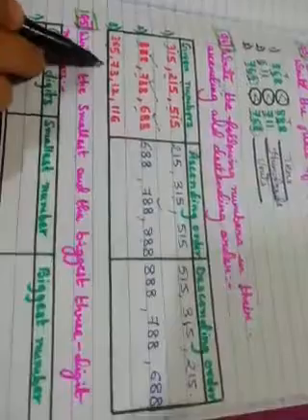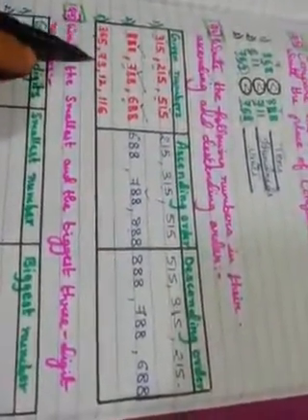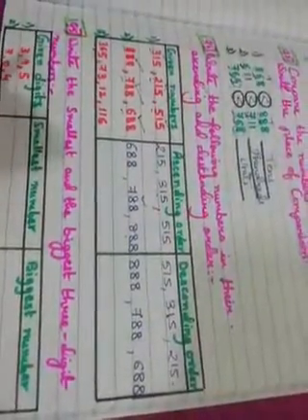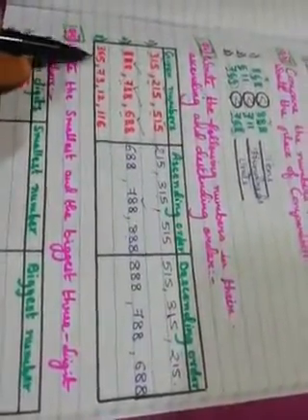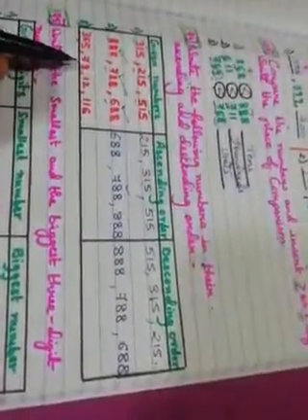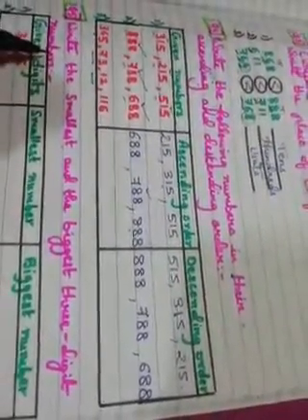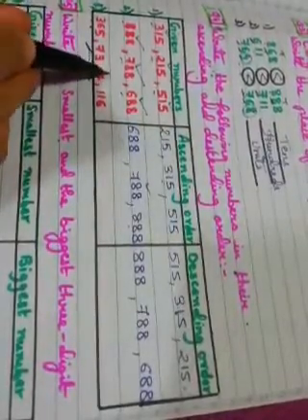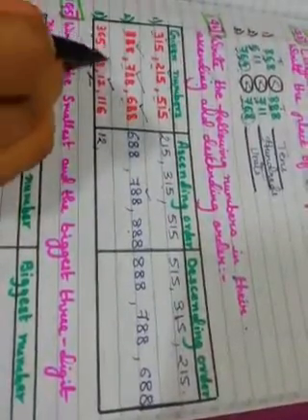Third one, 365, 73, 12, 116. 3-digit number, 2-digit number, again 2-digit number, and then we have 3-digit number. So 2-digit number is smallest, isn't it? In 3-digit and 2-digit number, 2-digit number is smallest. Now here also we have 2-digit, and here also we have 2-digit. So in this both 2-digit numbers, see the first number 7, 1. 1 is smallest. So 12 is our first smallest number. Then 73.